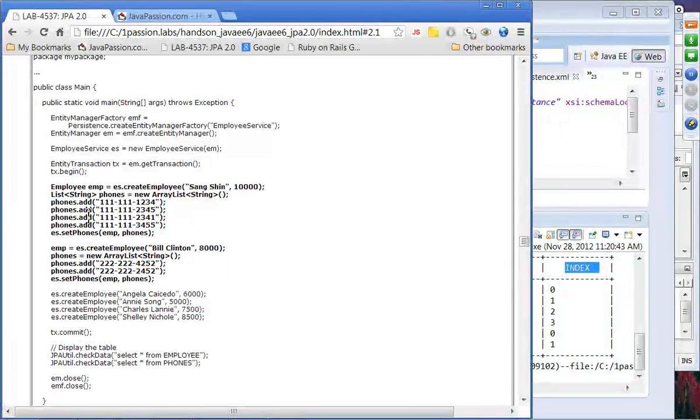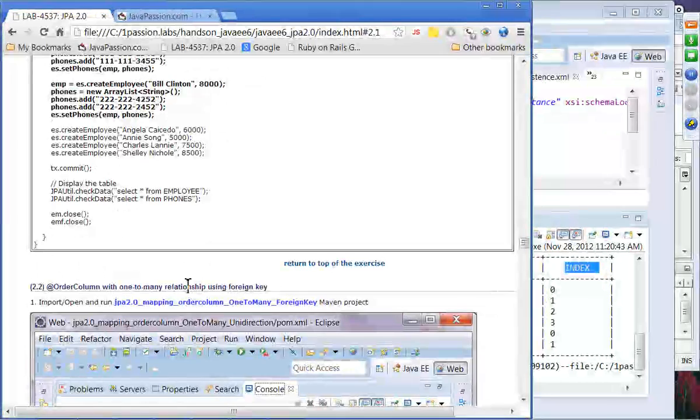And this is the main code that created the test data. The next one is a one-to-many relationship with a foreign key. So when you have a one-to-many relationship,